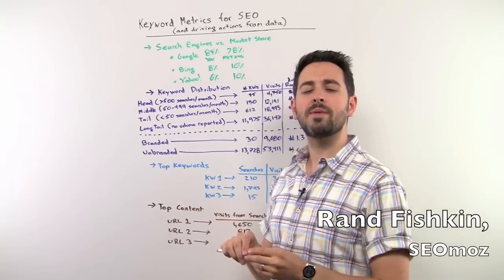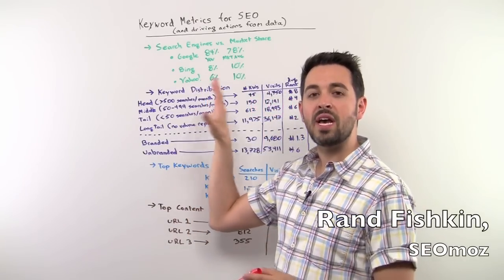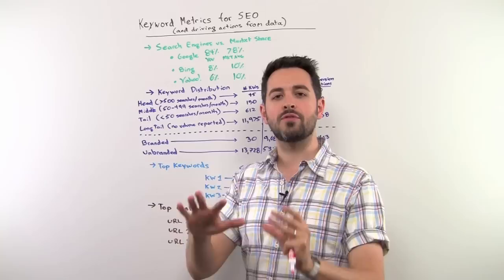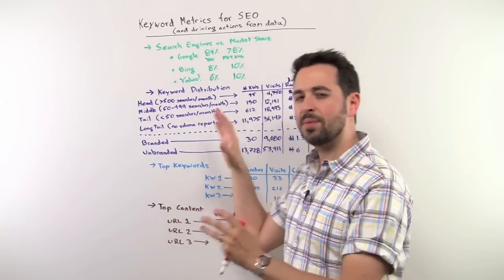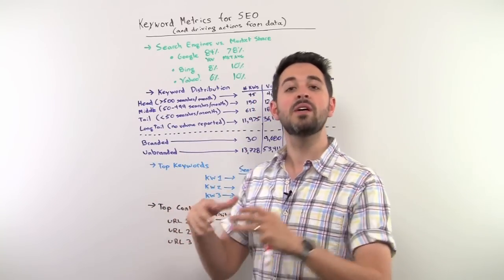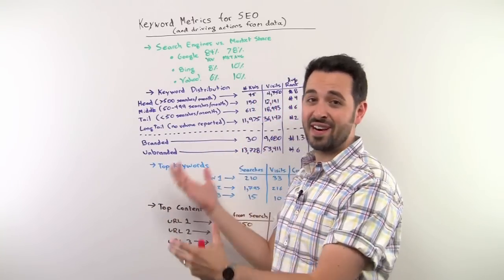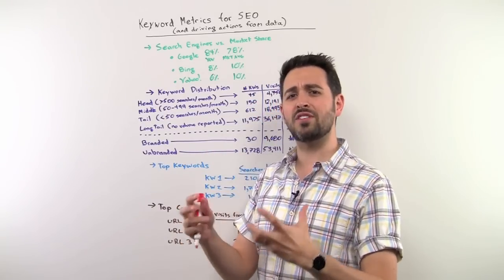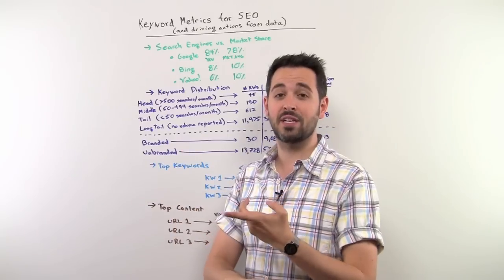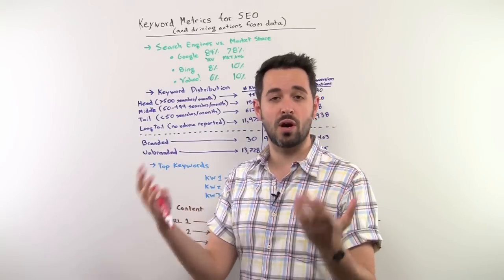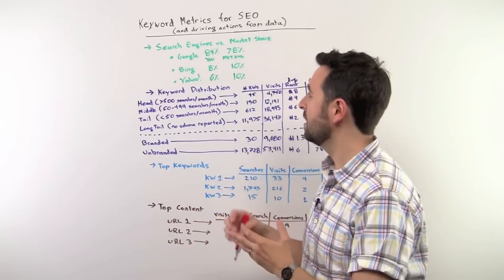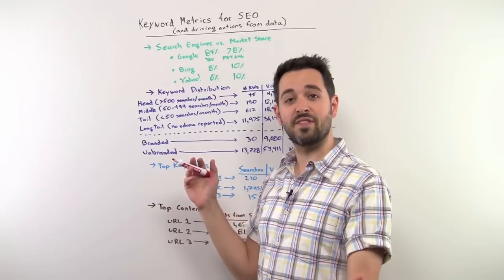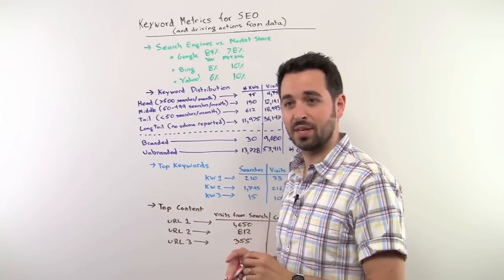This week, we're talking about some keyword metrics for SEO and how you can drive action from the data that you collect. Now, some of this data is in the SEOmoz platform. A lot of it is stuff that we haven't added in or that you might be calculating manually yourself. Certainly, all of it is available from your web analytics tool, Google Analytics or Omniture, WebTrends, whatever you're using, and from doing some specific analysis yourself, maybe in Excel or something like that.